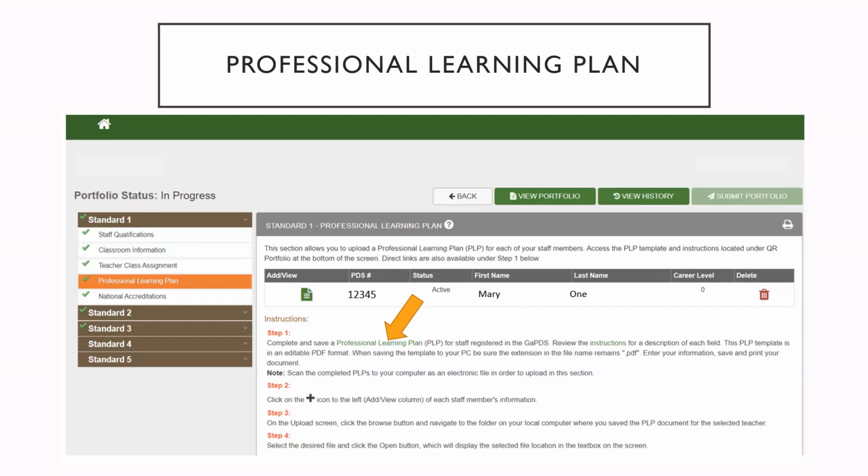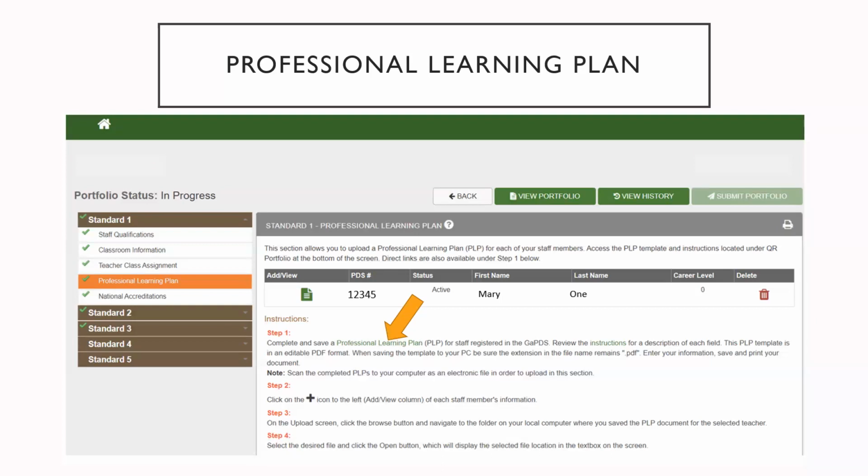Then click on add that plus icon to the left of each staff member's name to upload their individual PLP. On the upload screen, click the Browse button and navigate the folder on your computer where you've saved that PLP as a PDF